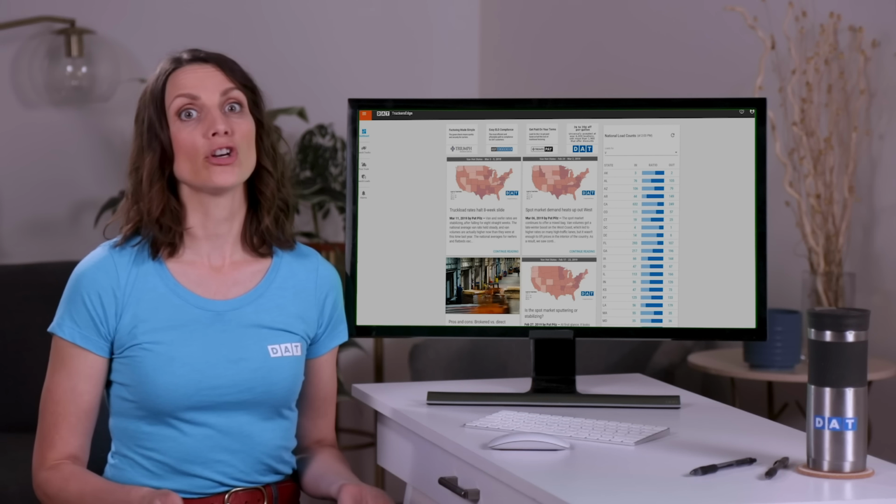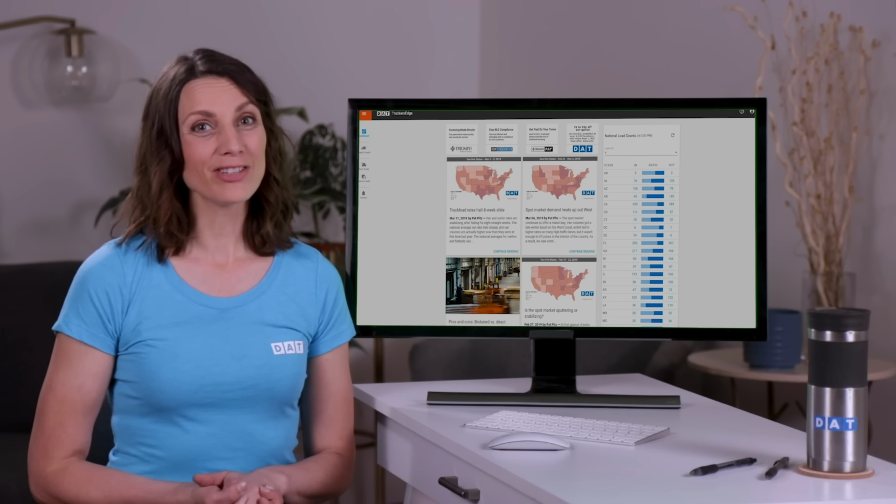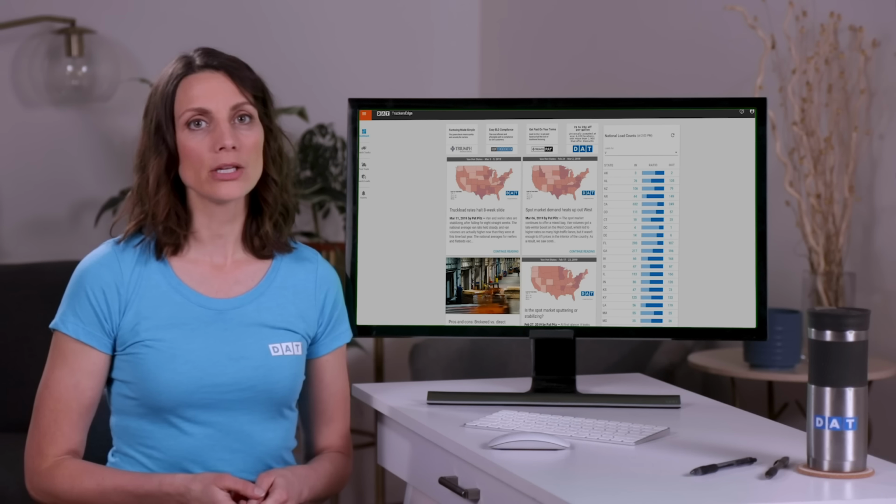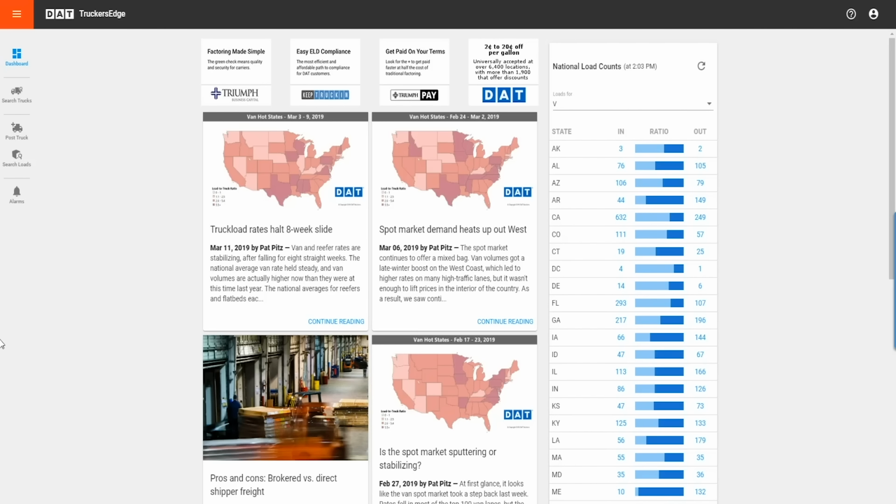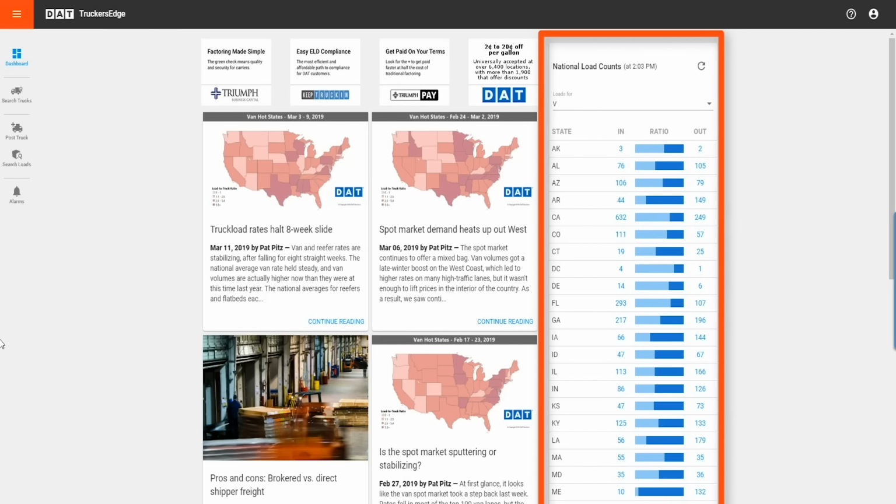On the flip side, if you're hauling out of California, you might have to take a lower rate than you want because so many trucks are competing for those loads. And that's how you use the national load count chart to understand load density and supply and demand for a